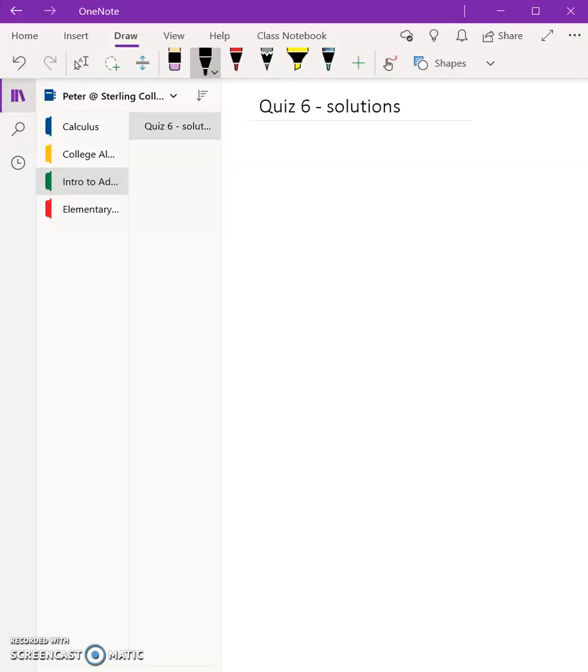Okay, so I want to take a look at the quiz 6 that you all just took and run through some of the answers real quick for all of you. So for all of these questions, you are dealing with this function f that maps the reals to the reals given by f of x is equal to x squared. So for question 1, what you had to do is find f of the interval